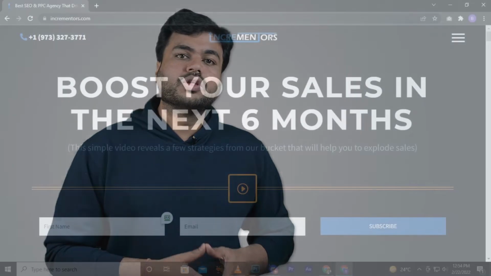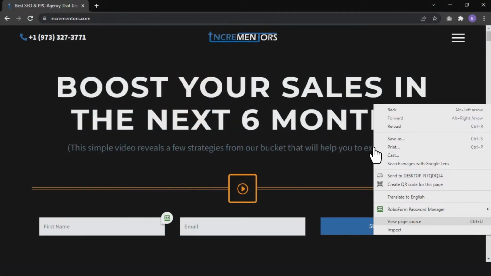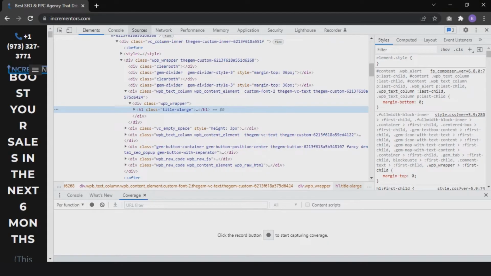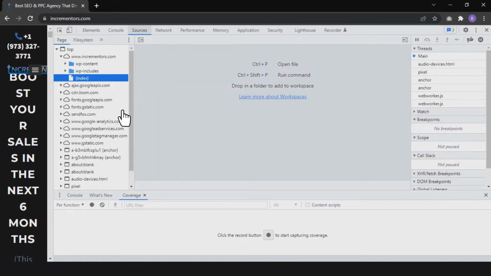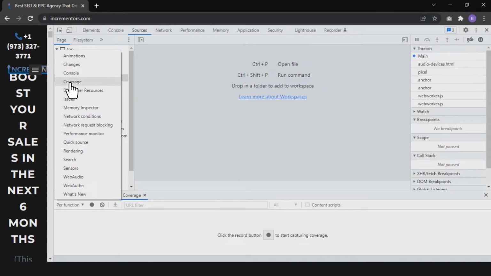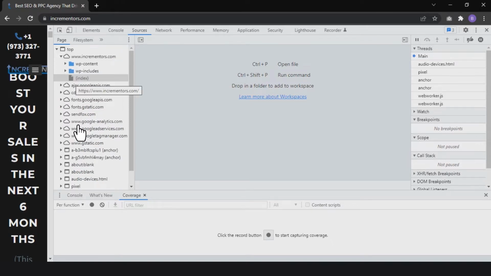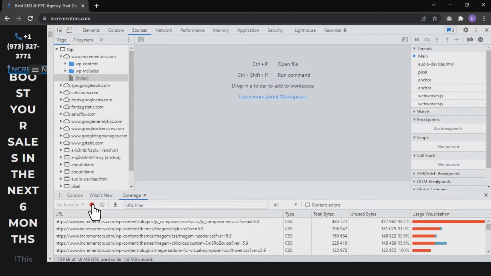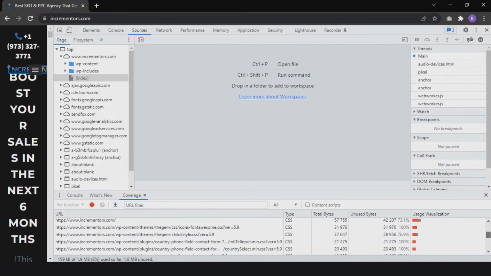According to Google, one of the ways you can reduce the execution is by delaying unused JavaScript. In order to see if your website has unused JavaScript, first go to your website and press the right mouse click and choose Inspect. Then click on the source and look for 3 dots on the bottom. You should add a tool, coverage. After you have added it, press the load function. When the load is done, you will see how much JavaScript is not being utilized on your web page.